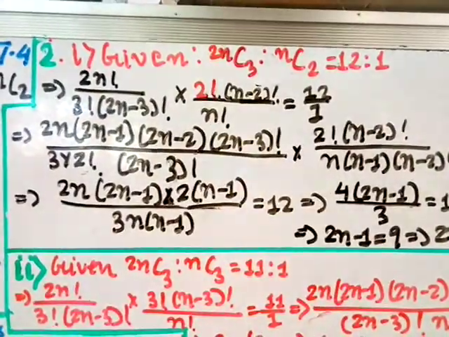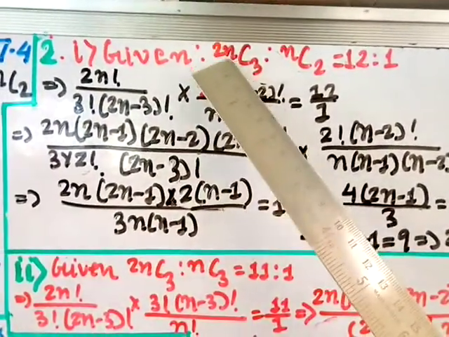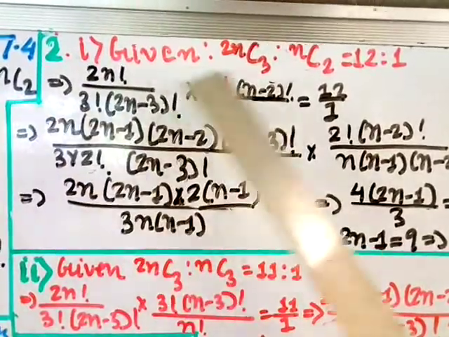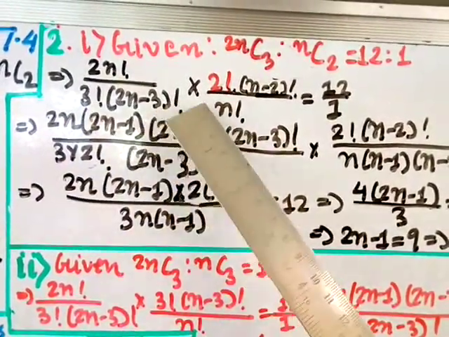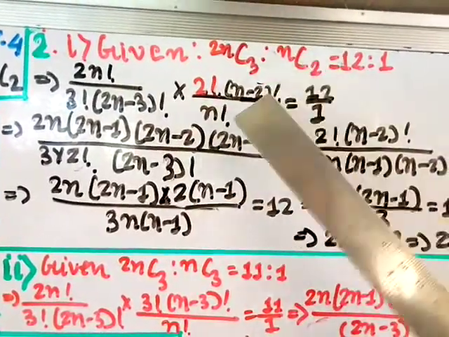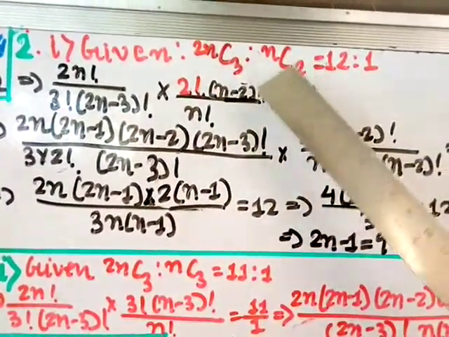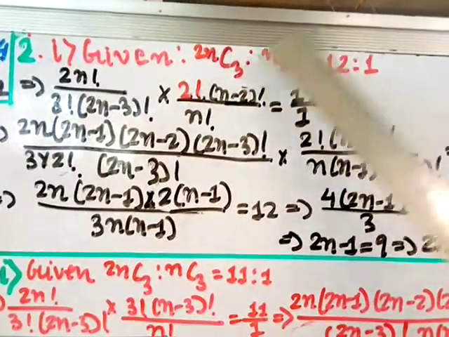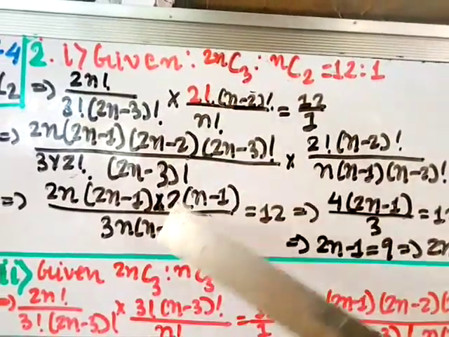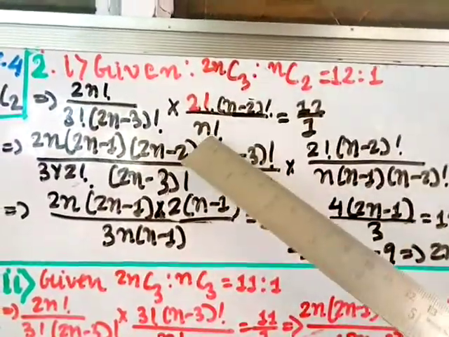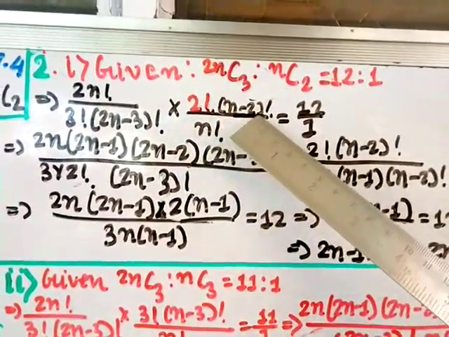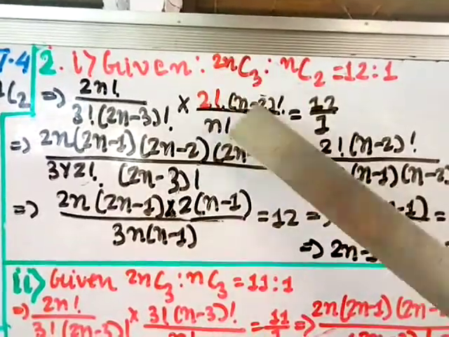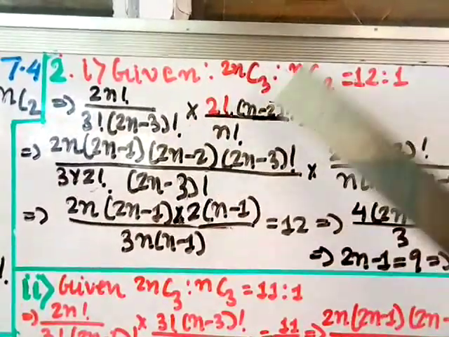Now we apply the formula nCr and write for this as 2n factorial divided by, here r is 3, so 3 factorial into 2n minus 3 factorial, into, this is divide by, so I am taking the reciprocal because it is a ratio. So when you take reciprocal, the formula is n factorial divided by 2 factorial into n minus 2 factorial, that will go in the numerator. So this n factorial which is in the denominator, that is 2 factorial into n minus 2 factorial. Since it is a ratio, when you multiply it, it will come as the reciprocal.